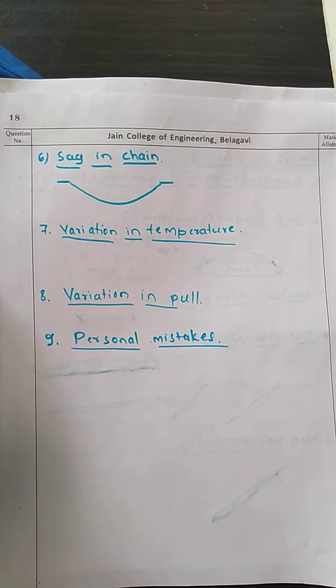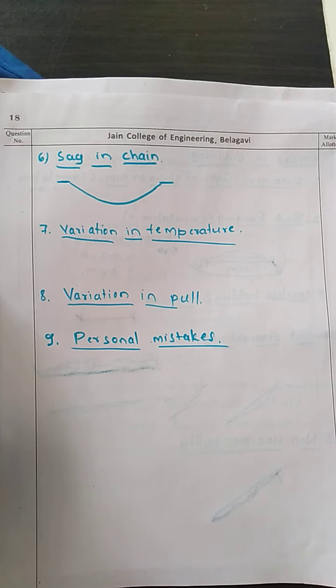Then the personal mistakes. The personal mistakes are of different types. It is due to the displacement of arrows, miscounting the chain length, and misreading of the reading we have got. If we misread it, or if we have erroneous booking, then due to all these reasons again we may make mistakes. So these are the different types of errors that we are going to make when chaining, that is, measuring the horizontal distance by using either a chain or a tape.